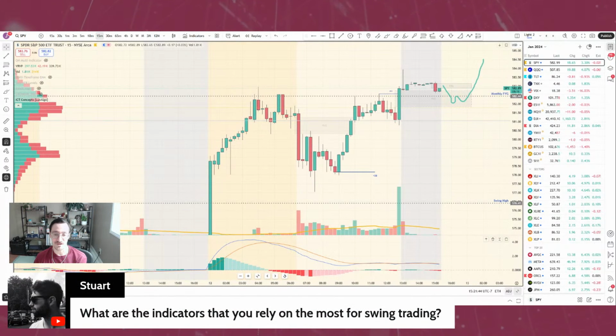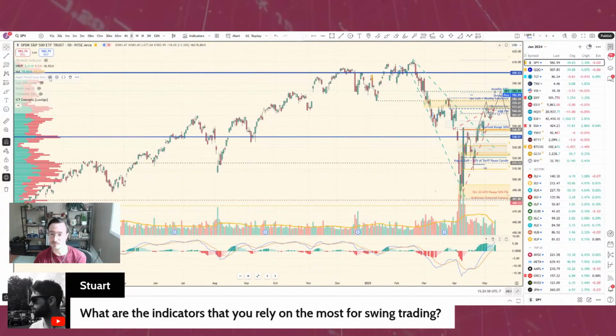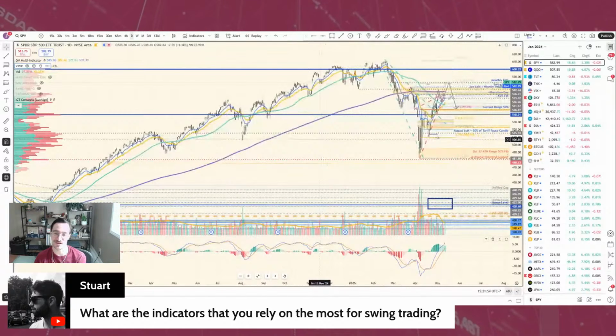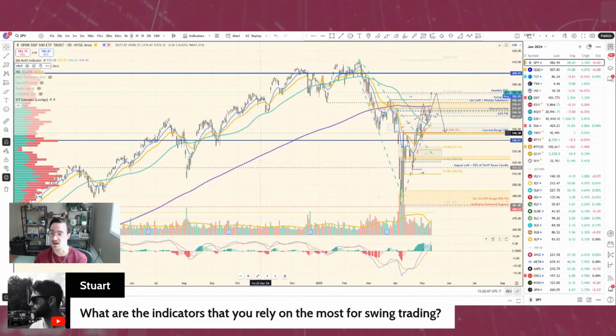Stuart, what are the indicators that you rely on the most for swing trading? Great question. So for swing trading, I'm going to beat the dead horse a little bit. Those 200-day moving averages, so key. Those key moving averages: 200-day, 50-day, 21-day, 9-day. Those are the four that I recommend everybody have on their chart. I think that they are incredibly responsive, and